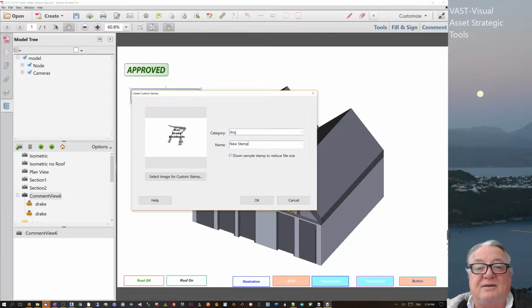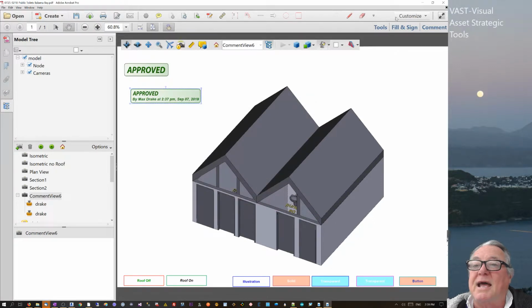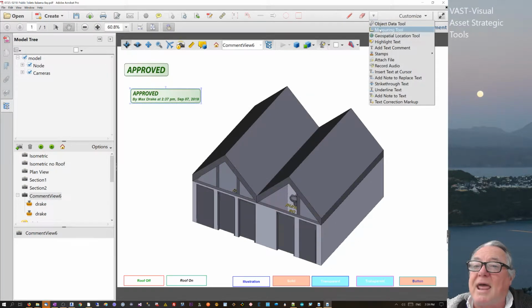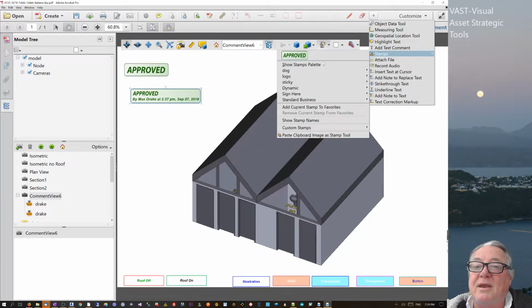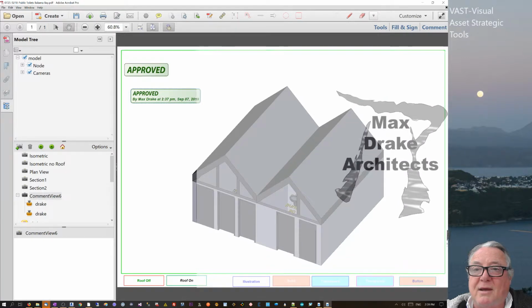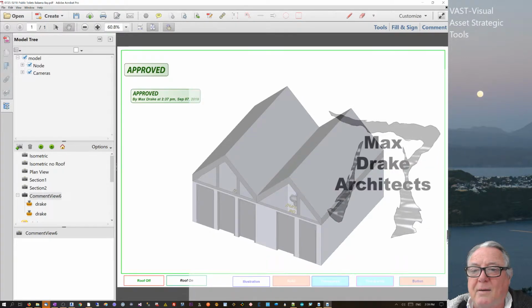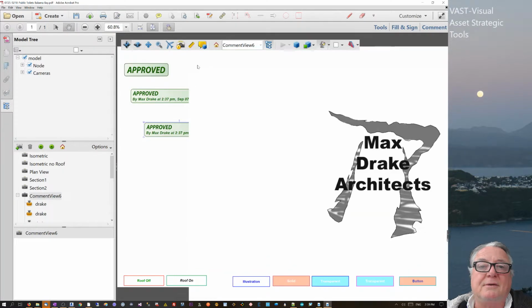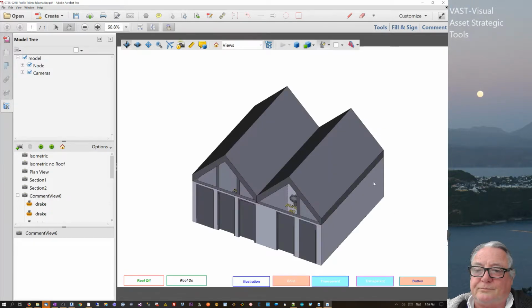I'm going to put it under a tag, and I'm just going to call it 111 just for the hell of it. So it does that. It hasn't done anything there, but now I can come into stamps, and inside there I've got a selection. I can now bring that stamp in, and I'm just going to bring it in down here. The reason I'm going to do that is because I can then